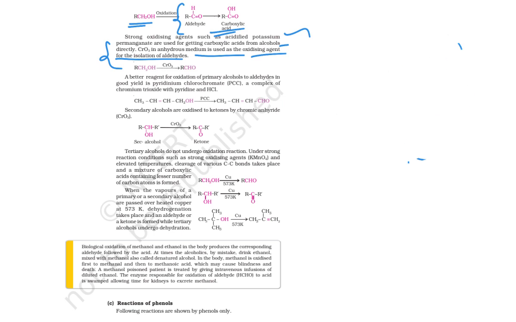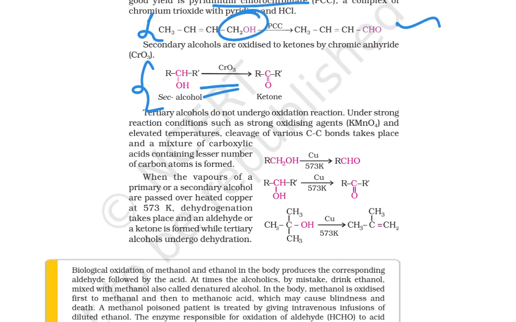PCC, what is PCC? Pyridinium chlorochromate, okay. So this selectively oxidizes the primary alcohol, giving rise to aldehyde. In case of secondary alcohol, it gives rise to ketone. Tertiary alcohol does not undergo oxidation under mild conditions. Under strong reaction conditions, such as strong oxidizing agent and elevated temperature, cleavage of the C-C bond takes place and a mixture of carboxylic acids containing a lesser number of carbon atoms is formed. In case of tertiary alcohol, the tertiary alcohol